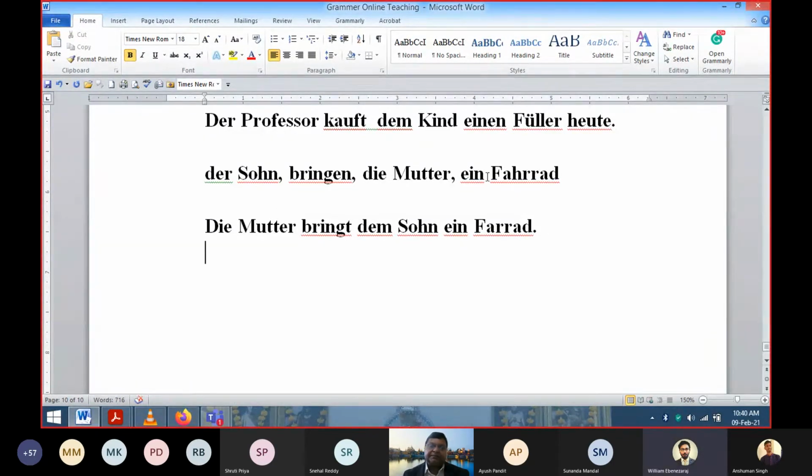Okay, sir. Now you can think of making the son the subject. That is also possible. Suppose I want to make the sentence like this: the son brings a bicycle to mother. And it is correct also. So in that case, what will happen? I will write der Sohn. The son I am putting as a subject. Then the verb will come. And now to the mother, that is the word Mutter. This is going as an indirect object, dative feminine.